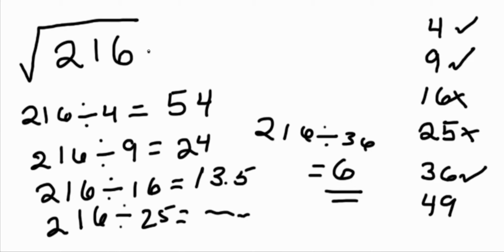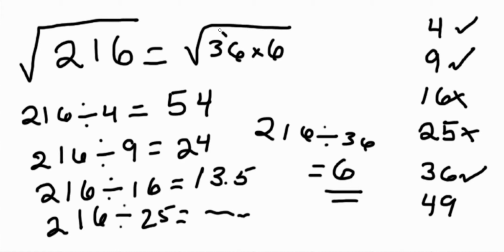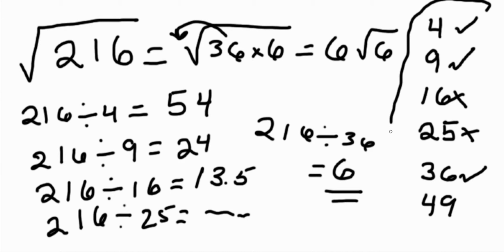So we know that 216 is the same as 36 times 6. Well, our 36 gets to leave the house as its perfect square. So this is the same as 6 radical 6. I know it's a little complicated, but remember, we always want to start here. Start by listing out your perfect squares, and then start by checking all of them to see which